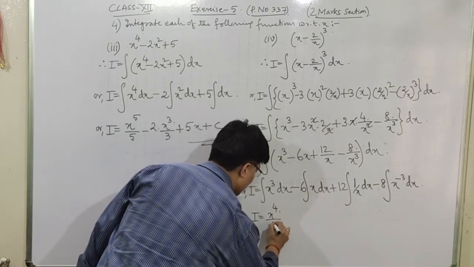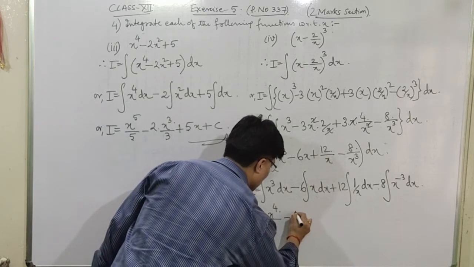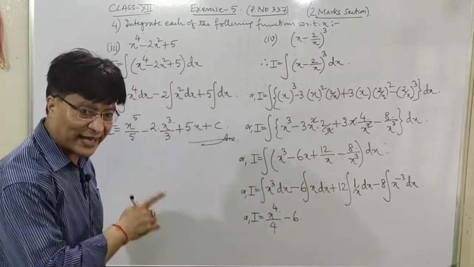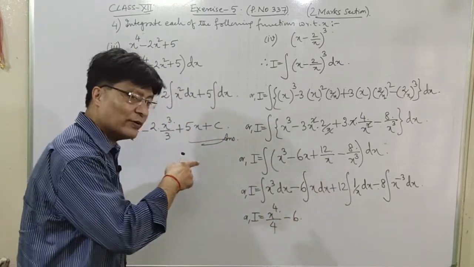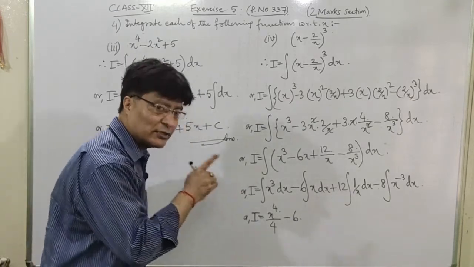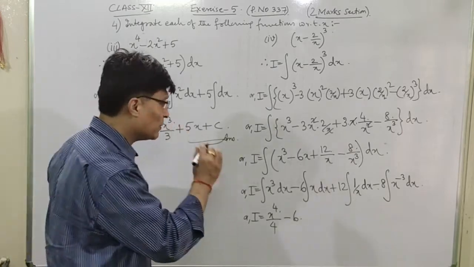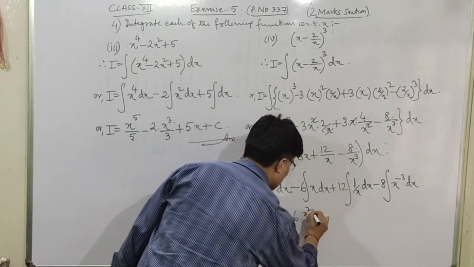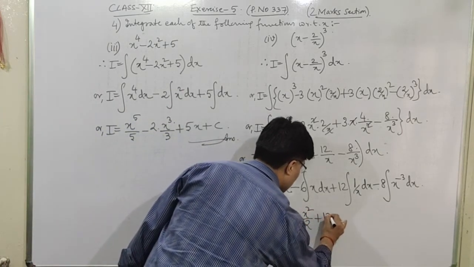You know that x to the power 4 by 4 minus 6 into, what is integration of x dx? It is just like your x to the power n, but here it is x to the power 1. So what is this integration? X to the power 1 plus 1 divided by 1 plus 1, which is x square by 2 plus 12 into,